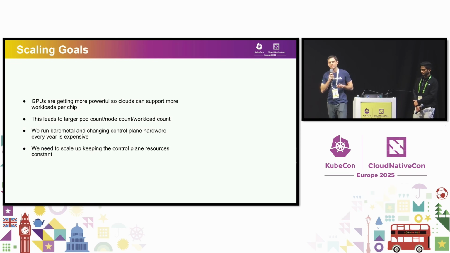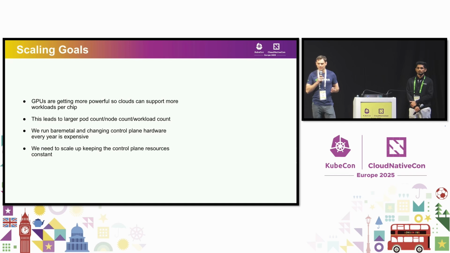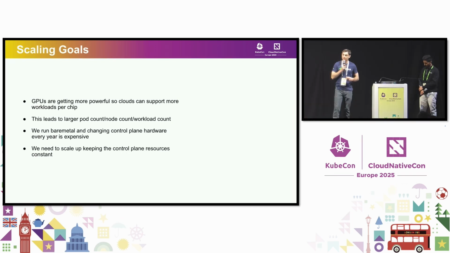So the story to think about here is GPUs are being released every 1 to 2 years. They're getting more and more powerful, and so more powerful means theoretically we can support more workloads. More workloads means we can have more secrets, more volumes, more objects. And all this is pressure on the API server. Right, so we can do all these things, and what we want to do is make sure our Kubernetes control plane is still running.